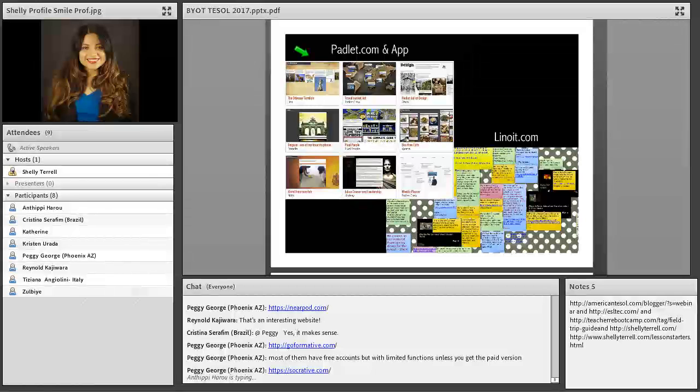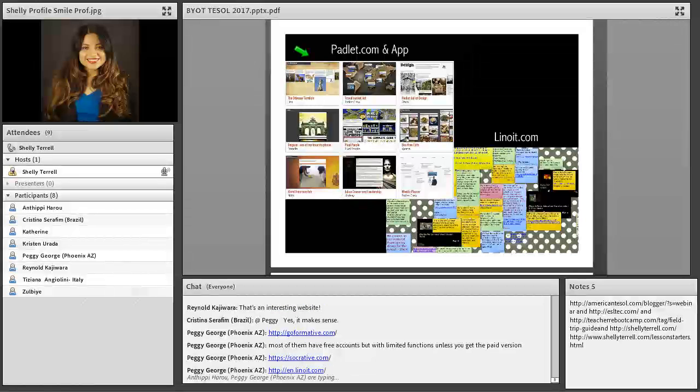I use Padlet for everything now. The great thing about Padlet is I can just give students a URL. Once again, they don't have to register. Now, the reason why I'm telling you about sites like Nearpod, Omniboard, and Padlet, where they don't have to sign up for the web tool,